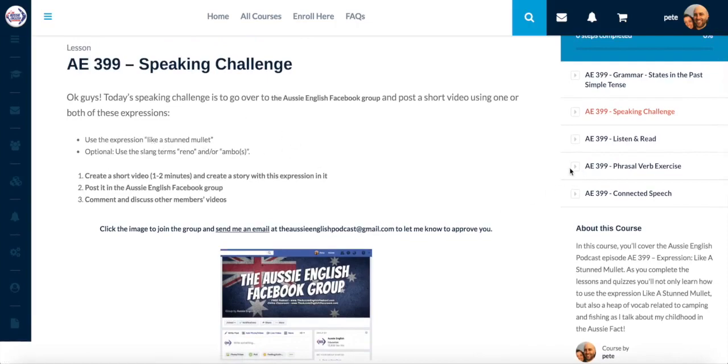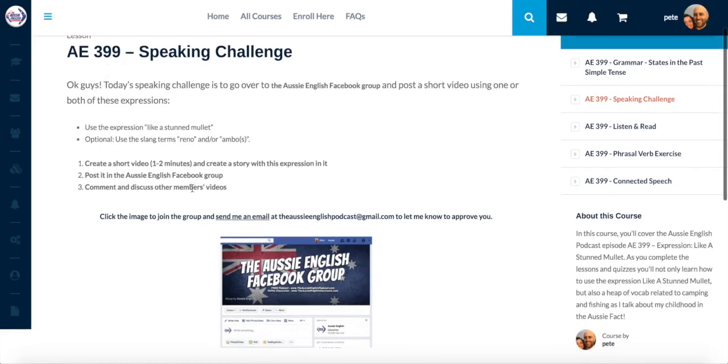Whether they're going to cover things like the slang in the course, the phrasal verb exercise, the connected speech, the grammar, it'll be associated with it usually in one way or another. And so for this one, you'll see that I want you to use the expression that we went over, like a stunned mullet, as well as two Aussie slang terms, reno and ambo. That's optional though. So you'll read through the instructions here and you'll see that it says create a short video,